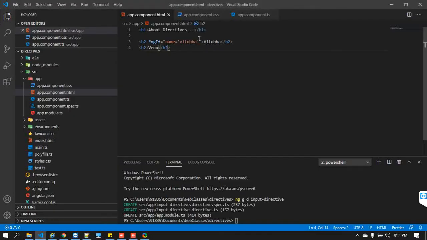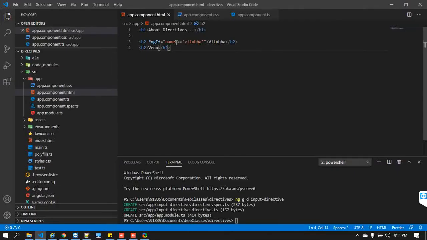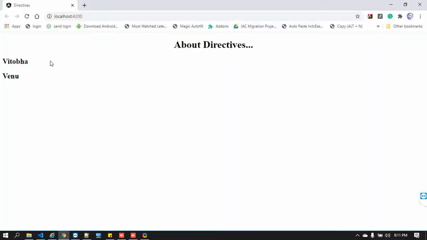At this moment, if you look here, we are checking whether name contains Vitoba or not. For example, if name does not have Vitoba, then it returns false, and at that time Vitoba will be removed. Now let me save it.